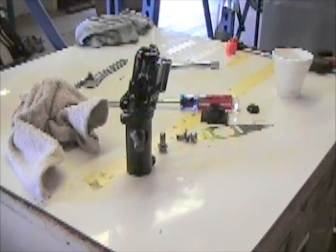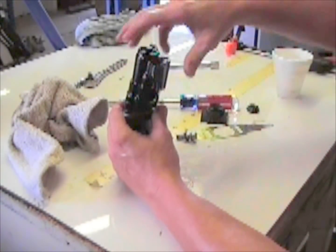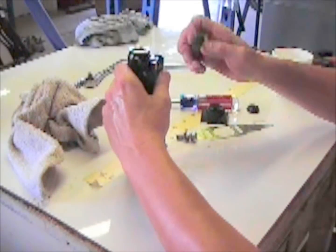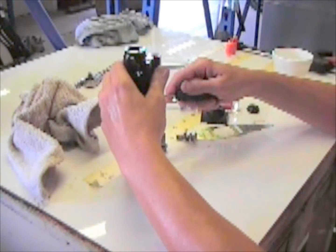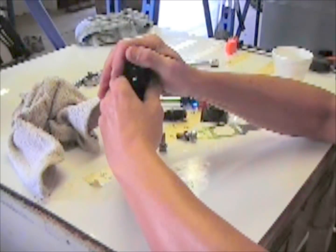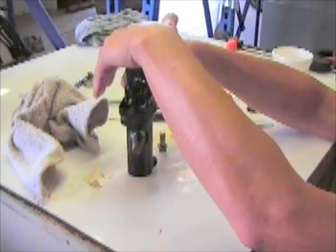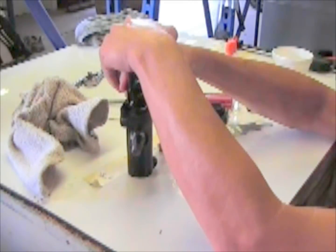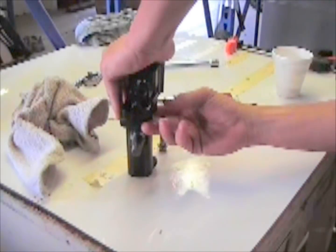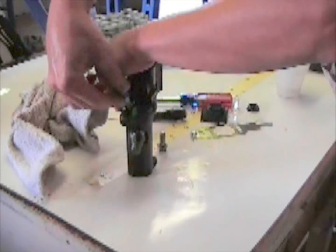Now Kevin's got his own little special technique for putting these two halves together. You have to take a pick, and like I said, you've got to make sure that seal actually feeds up into that housing without cutting itself. This is a big problem with people that rebuild their valves. They shove them together, and they're fighting it, and we're kind of used to that. But once you get it pushed down, bolt